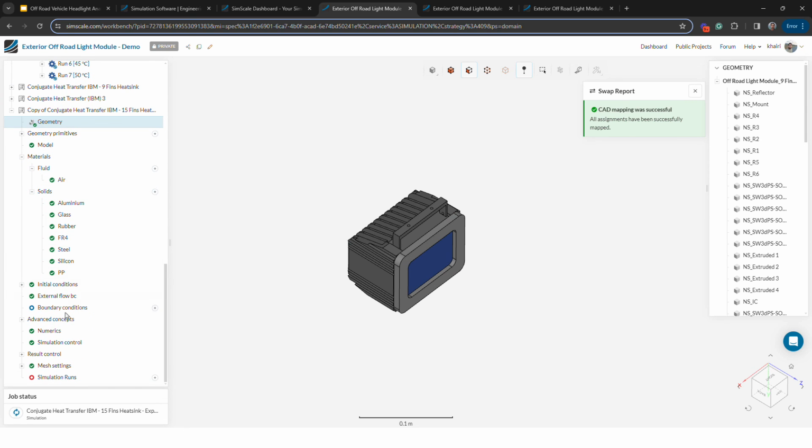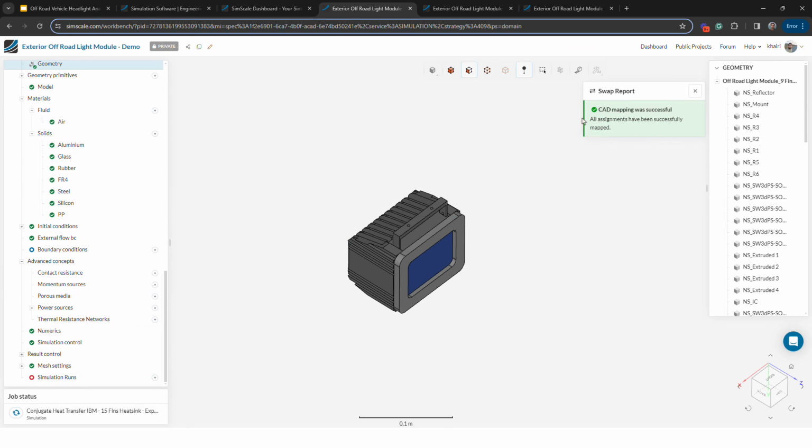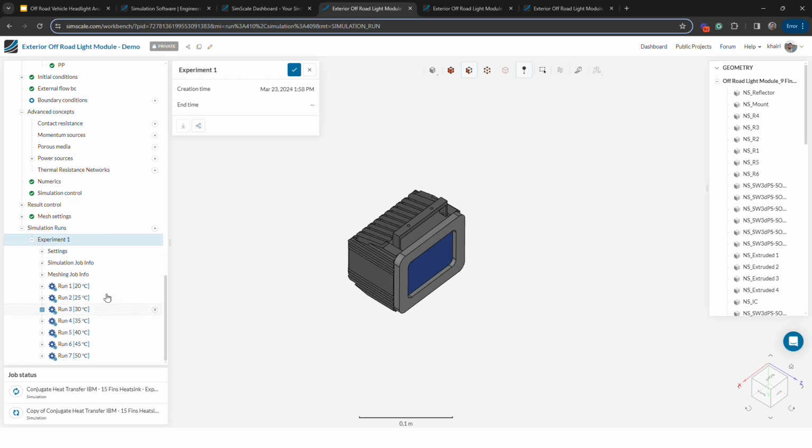So you see all of the setup has been correctly mapped, as you can see from the report. The only thing that remains for me is to go ahead and run a new experiment. So now in total, I have 14 simulations running at the same time in parallel, which can only be done using a cloud native solution like SimScale.